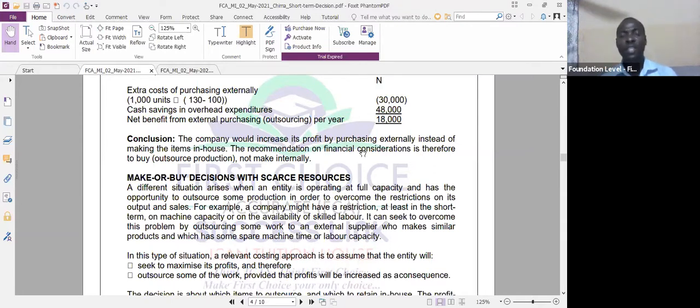Have you considered the non-financial factors? Will they be able to meet our targets? Will they be a substandard product? All these are some of the other things that are non-financial in nature that you may need to consider before you